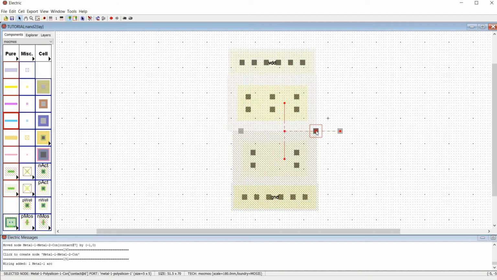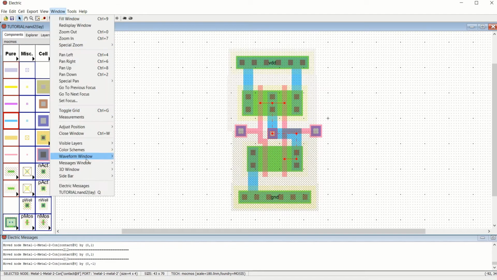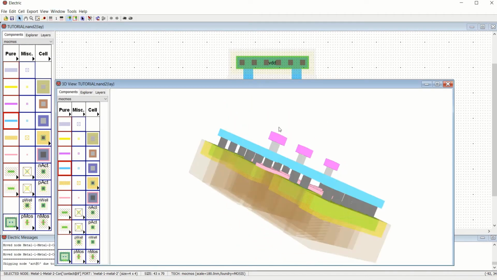You can connect this and bring closer, and you can label here also for this particular output. You can close this up. Now you can see the 3D window, how it looks.